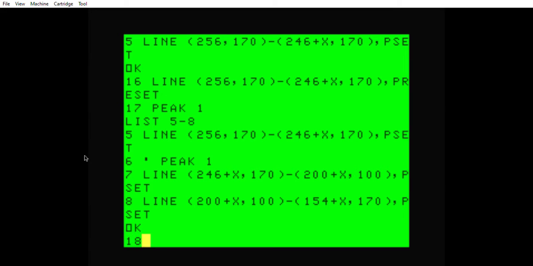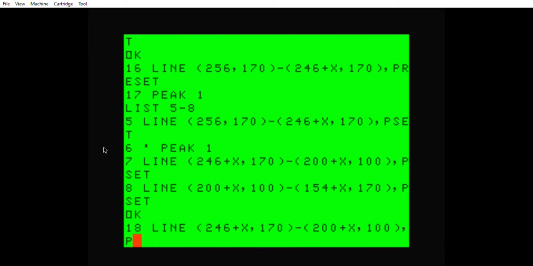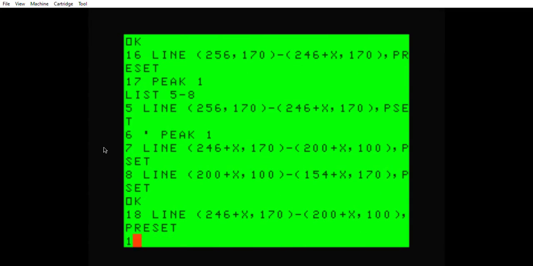Copy line 246 plus x, 170 to 200 plus x, comma 100. Preset 19, line, and I'm going to test this first. Plus x, comma 100